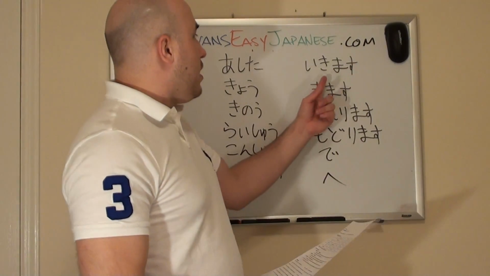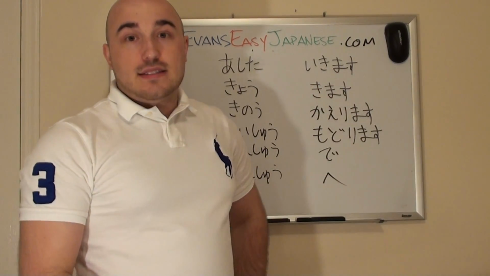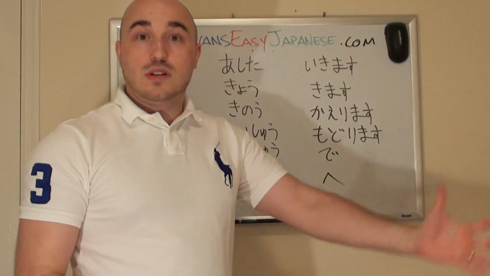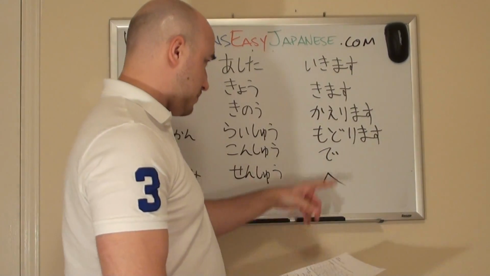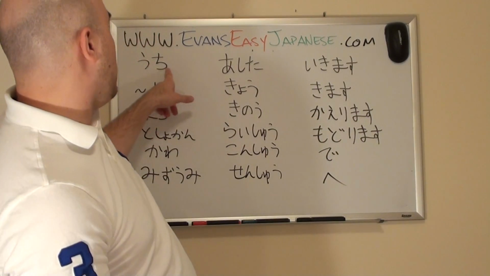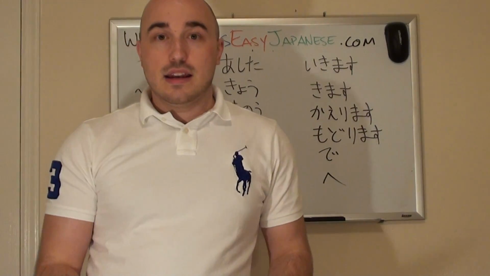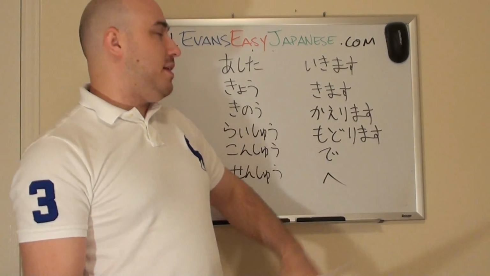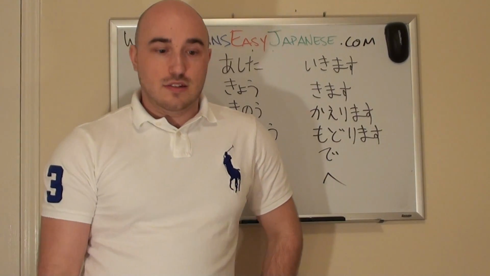Don't worry about it. Next verb, ikimasu. Ikimasu, to go somewhere. Kimasu, to come somewhere. Kaerimasu. This is when you return to your home. This is specifically returning home. Modorimasu is when you return to another location. For example,